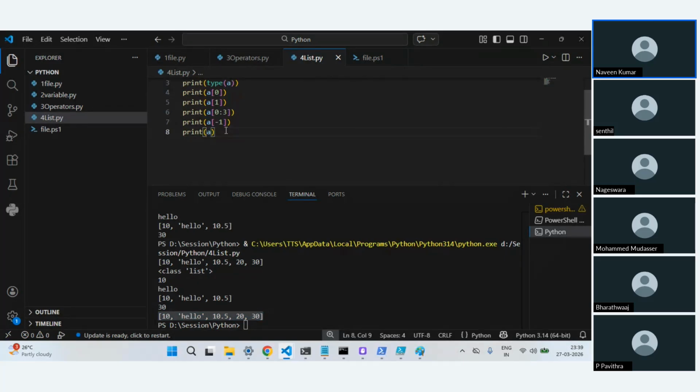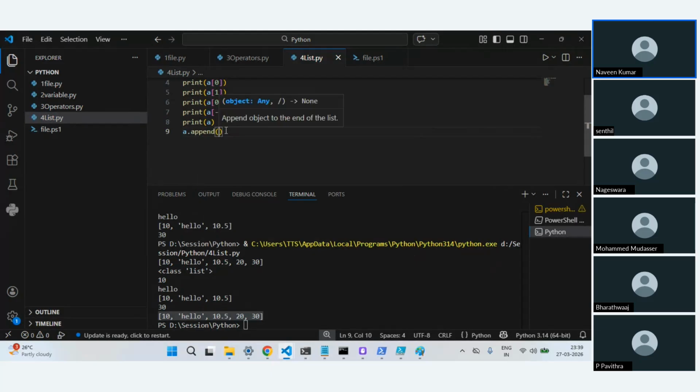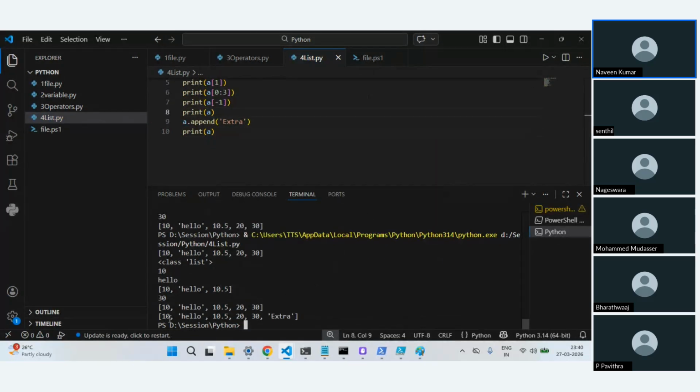What you can do is there is an append function which you can call and you can add a new element. I'll just say extra. Now what will happen? This gets added. Maybe I should have printed it. I'll just print A. Now, if you see our variable A, this got appended.